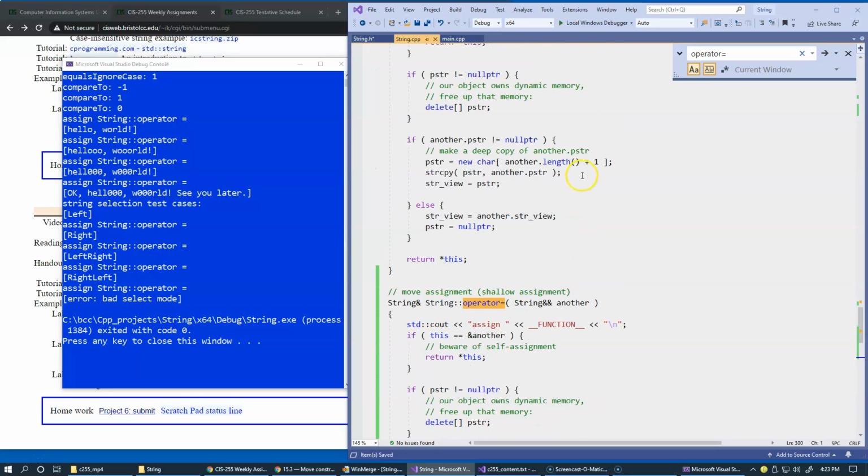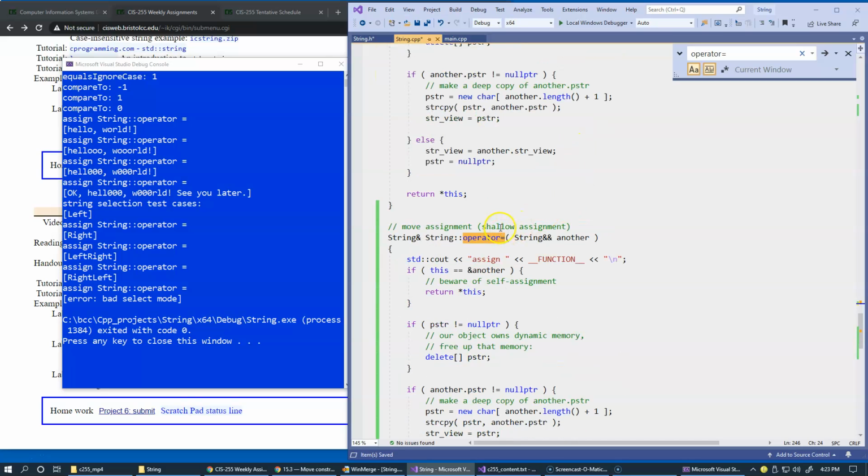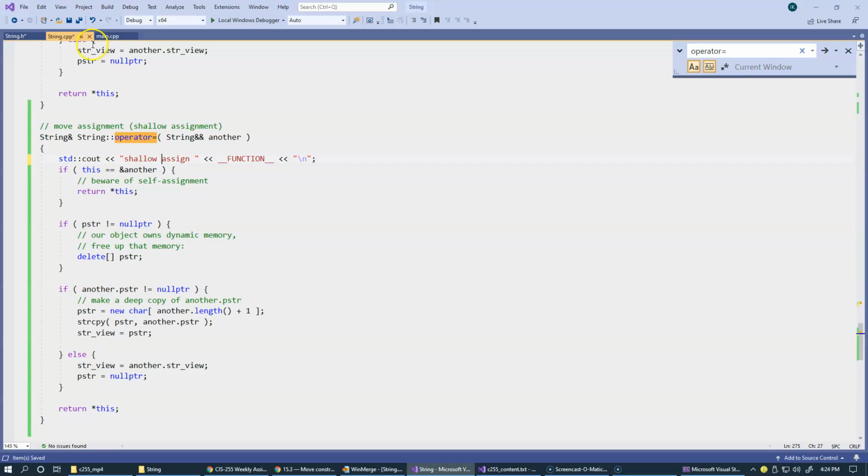So let's call this deep copy assignment, and this will be a shallow copy assignment, so we can distinguish between the two temporarily while we're testing those two versions of assignments. So what we would like to, of course, if this object, and let's just bring this back to dual screen view,